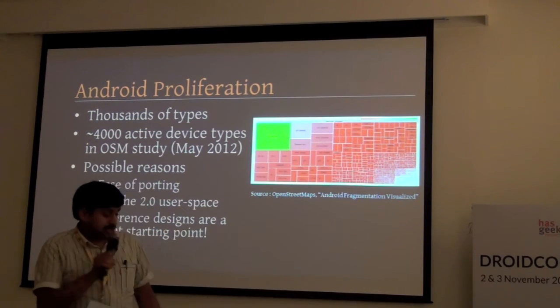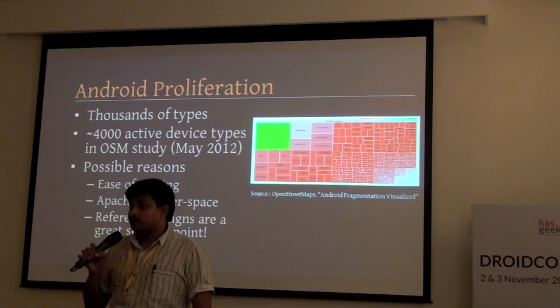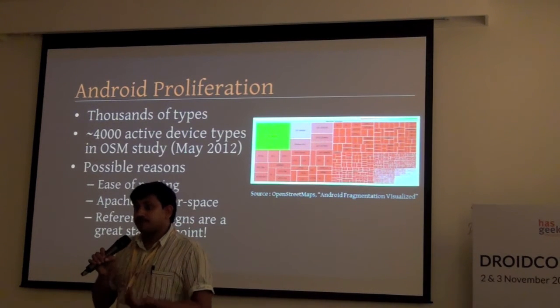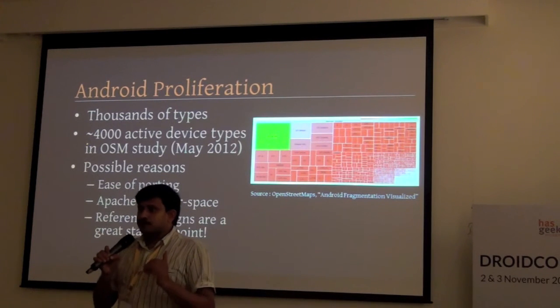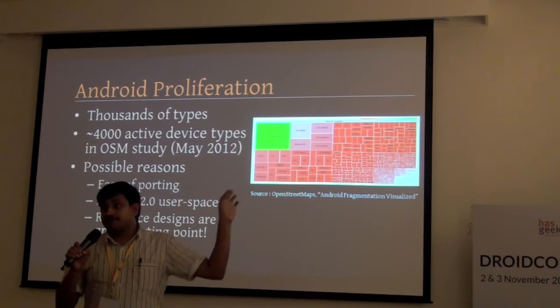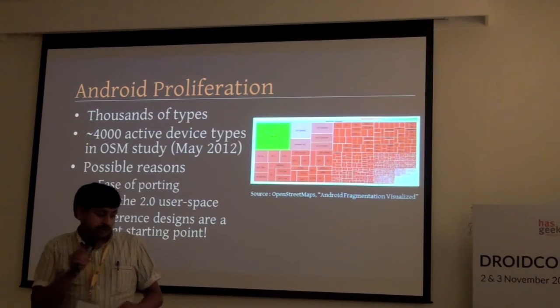Then the other point. Why has Android become so popular now? Everybody has a different view. From a device maker point of view, somebody who's trying to make and market a device, Android is very easy to port. It's very easy to get out. I mean, compared to anything else, perhaps that was before it. Android is very easy to port. And